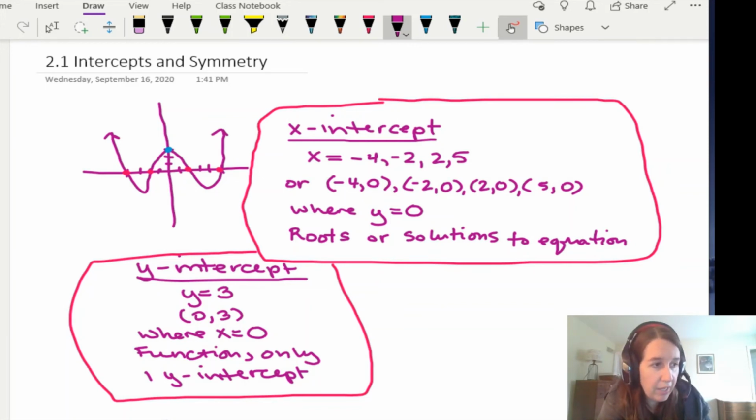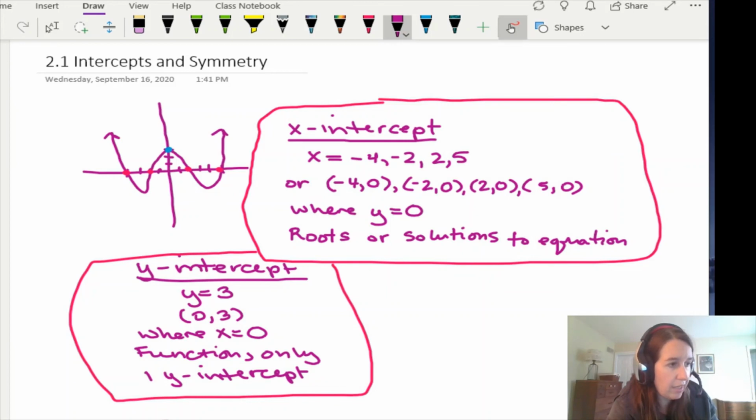The reason we do that then is we can set x plus 2 equal to 0 and x minus 3 equal to 0. So we get x is equal to -2 or x is equal to 3. So our x-intercepts are -2 and +3. Another way, again, to write those would be to say (-2, 0) and (3, 0), and that's the points. Okay, and then to find the y-intercept,